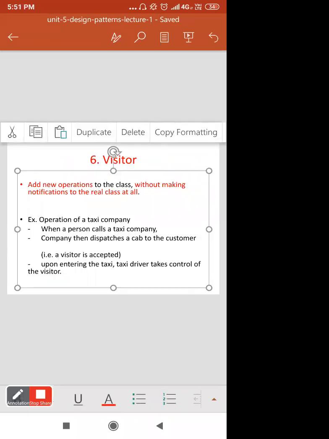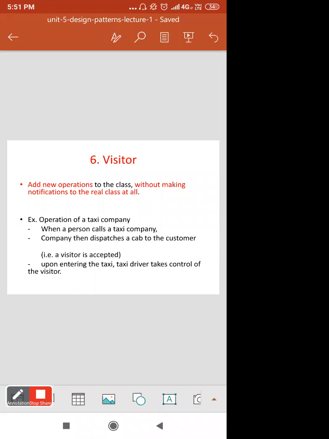The next pattern is the visitor pattern. The visitor pattern adds new operations to a class without making modifications to the real class at all. As with the previous one, the observer notifies all the observers, meaning they get notified automatically, right? The visitor does not make any notifications to the real classes.